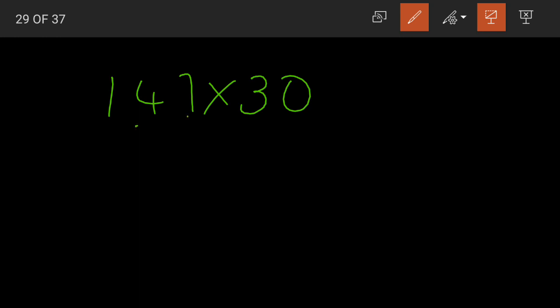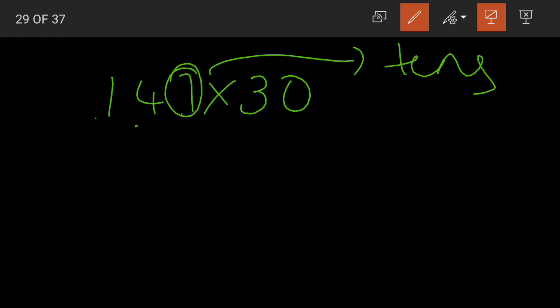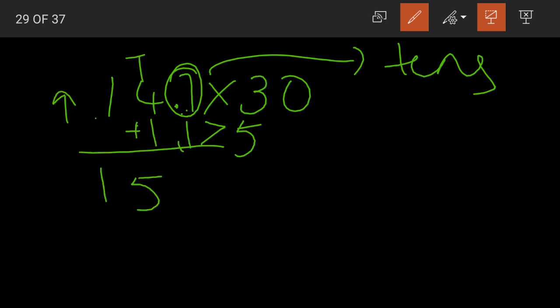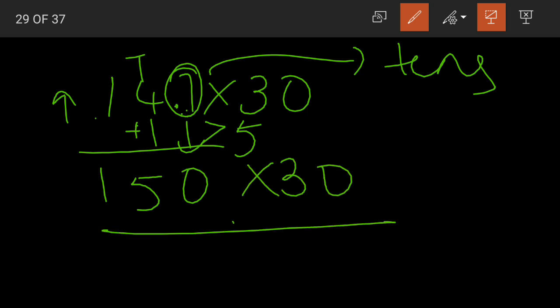Here we are having 147, rounding off to the nearest tens. Yes, so nearest 10 means look at the digit in the ones place. That is 7 here. 7 is greater than 5. Rounding up, adding 1 to the digit in tens place. 1, 5, and this will be replaced by zeros. Yes or no? Now we need to multiply 150 with 30. We are having 2 zeros.